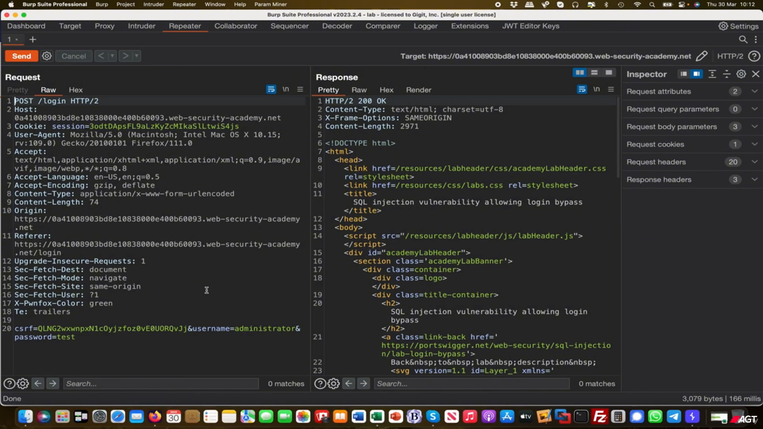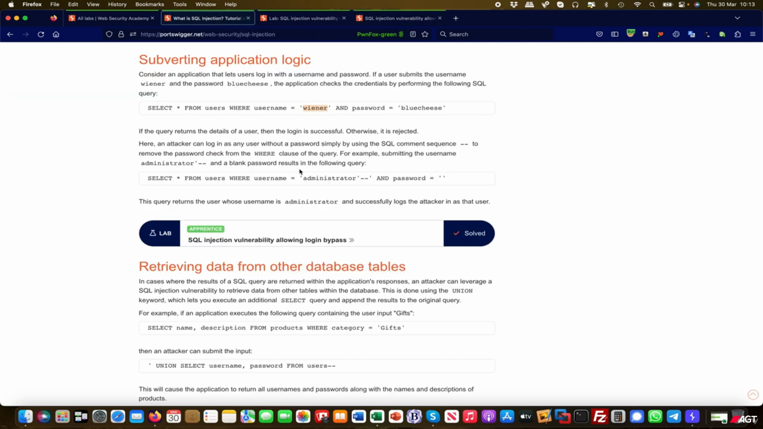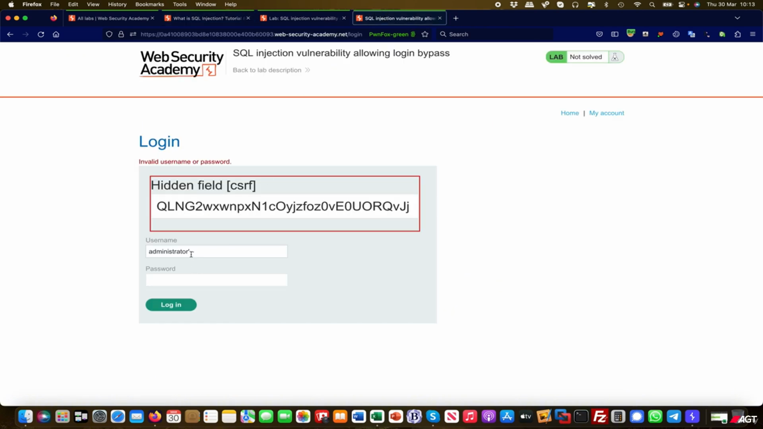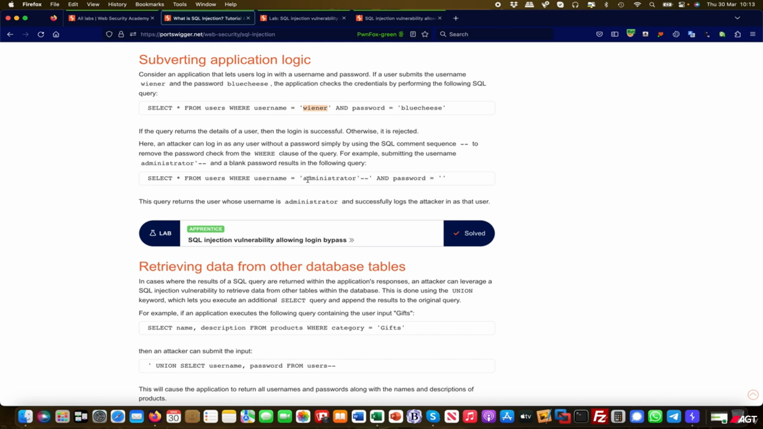Now I can start fiddling around with the request. What happens if I say administrator and then I put the tick and the dash dash? What I'm doing effectively here, if we go back to our query statement, is putting in administrator and then the tick. What the tick means is I'm breaking out of this username parameter here, right? This is what I'm effectively doing, and then I'm immediately ending the SQL query with the two dashes,